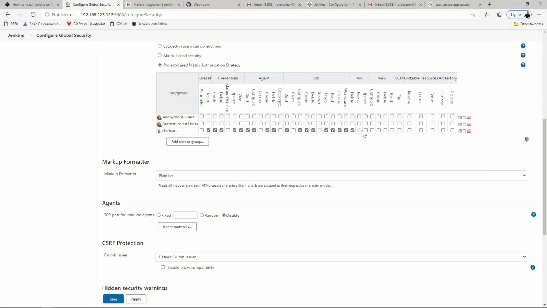Then he can configure that, near to this run view: configure, create, read, tag, and the last one, release and view. If you want, you can add any other thing also. For now, we'll apply and save.